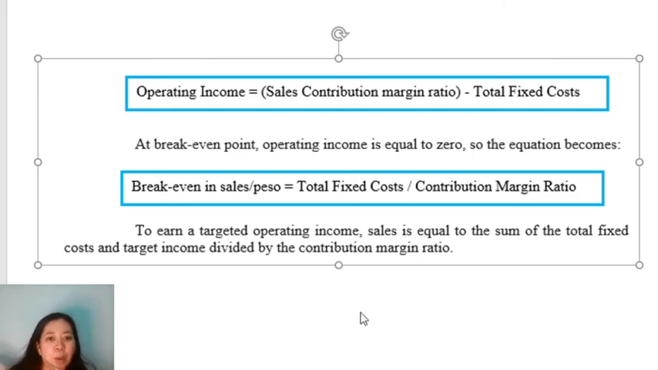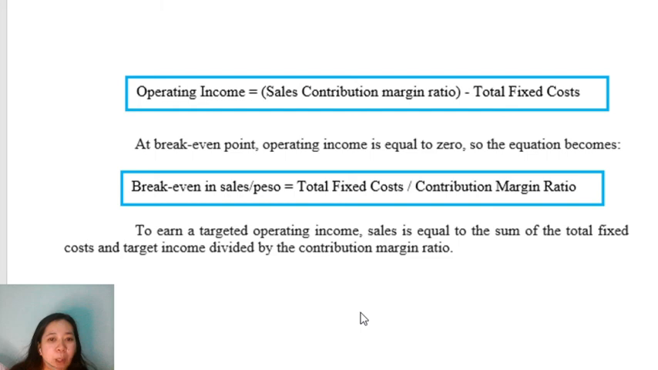Okay? So to earn a targeted operating income, sales is equal to the sum of the total fixed cost and target income divided by the contribution margin ratio. So again, the same as what we have presented earlier. However, this time, instead of using contribution margin per unit, we will use the contribution margin ratio. Okay, so to understand better,